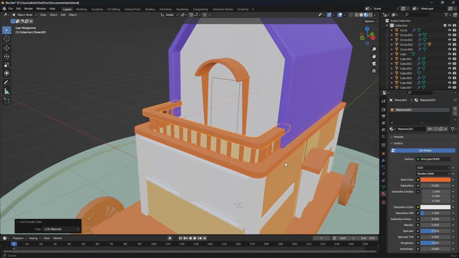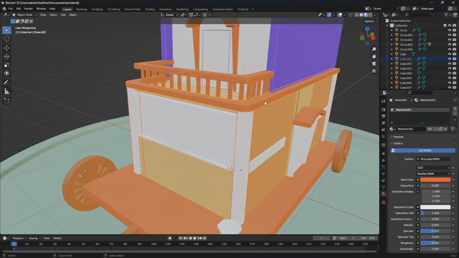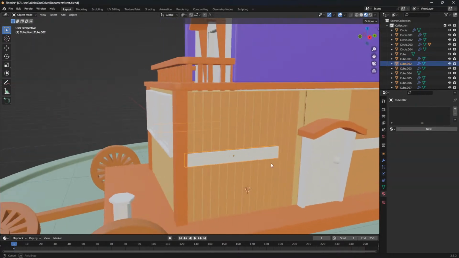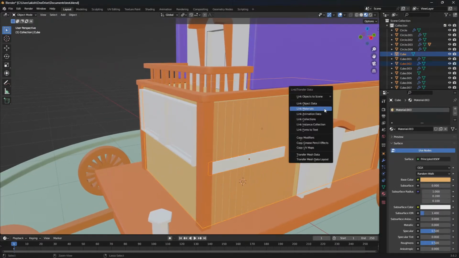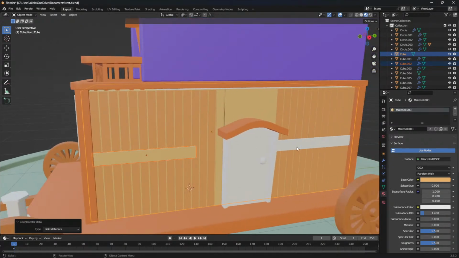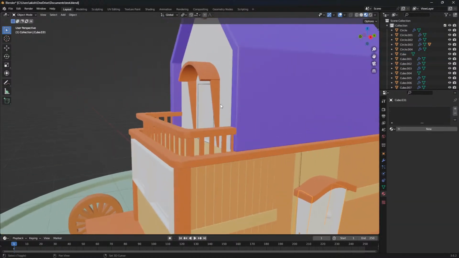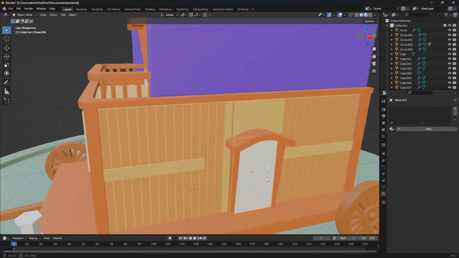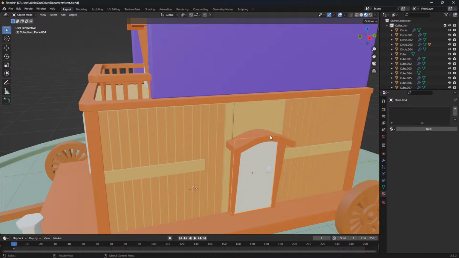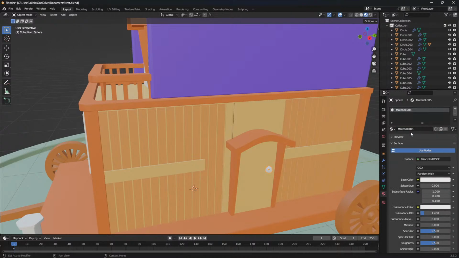L to link material, and the woods also, select this, Control L to link material. This will have similar material as those. This will also have similar material as those, and this will have a similar material as these. And the door, maybe the door can have a similar material like the backside. The door knob, maybe we can give it a